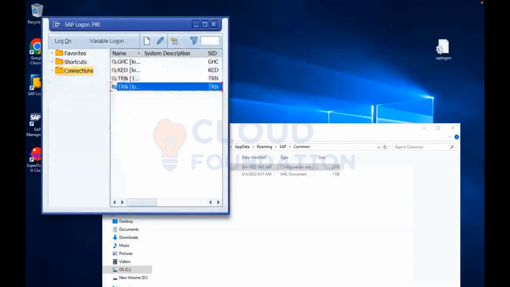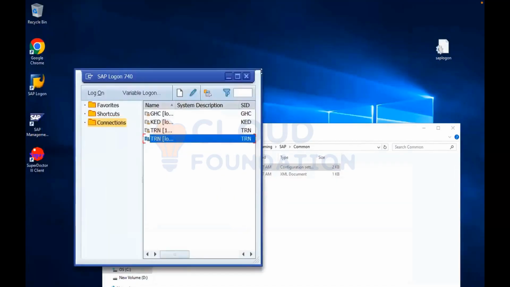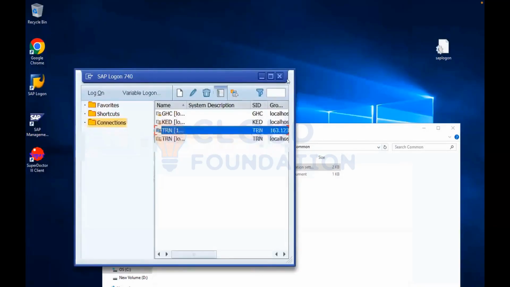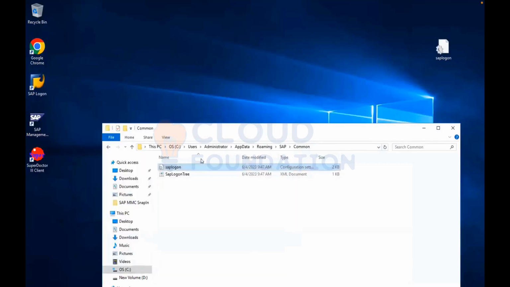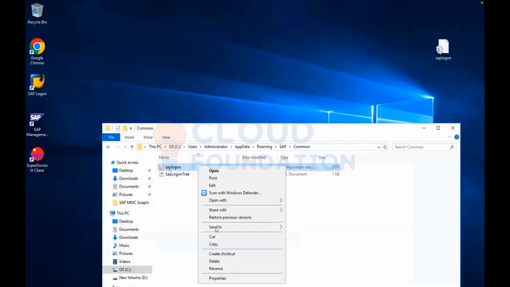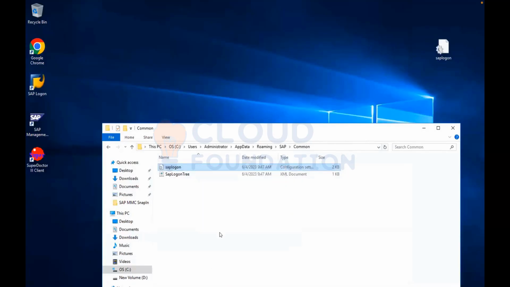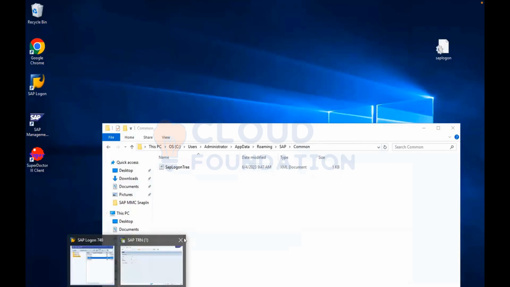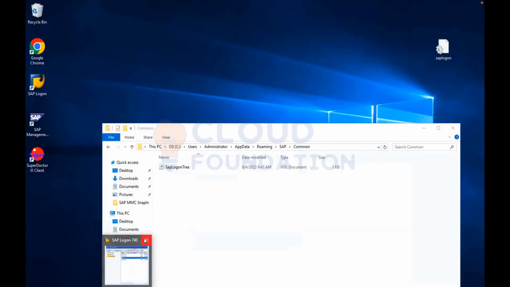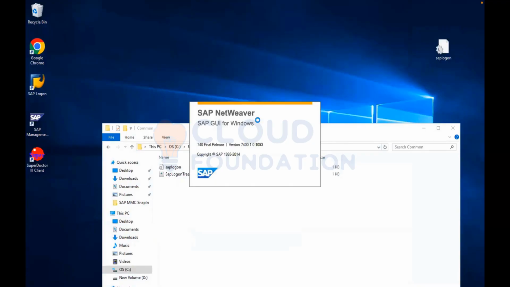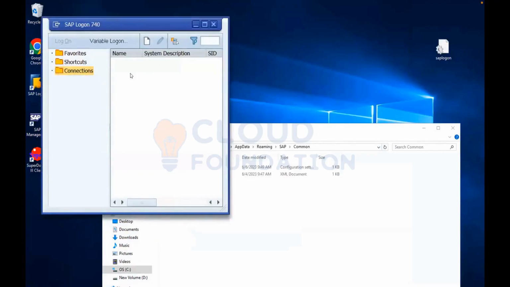If I close my SAP Logon pad, you are able to see how many systems are connected: 4 systems. Now I delete this file from here. You will not be able to see any entry there. It automatically generated the file, but there is no entry.